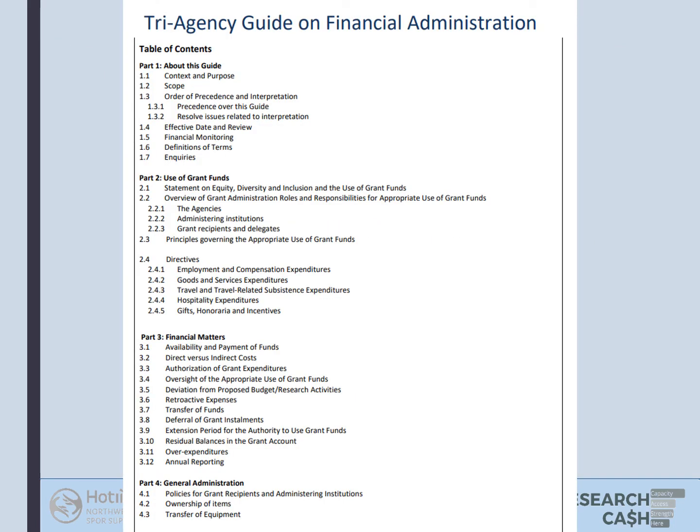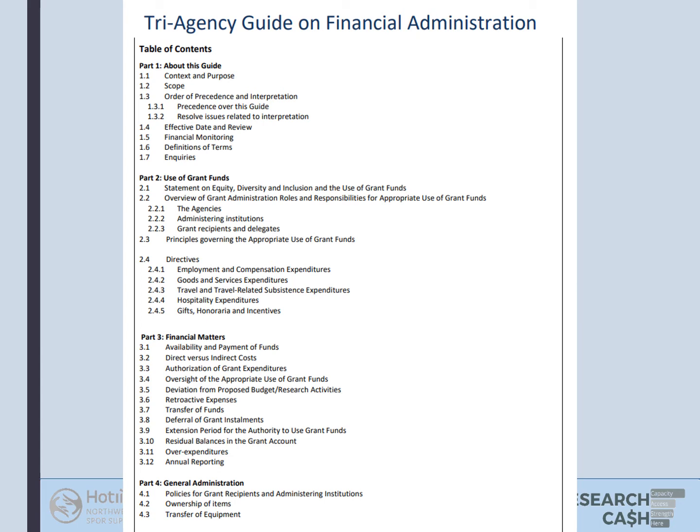So in addition to outlining what Tri-Council funds can and cannot be used for, the Tri-Agency guide outlines the policies on additional financial matters that arise during the course of a project. So, for example, what happens if proposed activities change? What happens if a project isn't completed on time? What happens if research personnel change or need to go on leave? And the reporting requirements along with those. The following section provides a brief outline of financial matters with respect to Tri-Council grant administration.